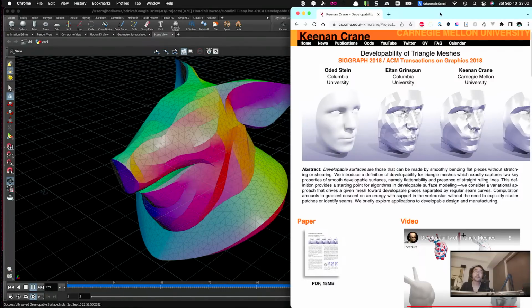this is Saturday night. I'd like to start a tutorial live for Houdini for this week. This is the series called Houdini Algorithmic Live, and today is the 104th episode. The topic is to implement the paper called Developability of Triangle Meshes to create a developable surface from input